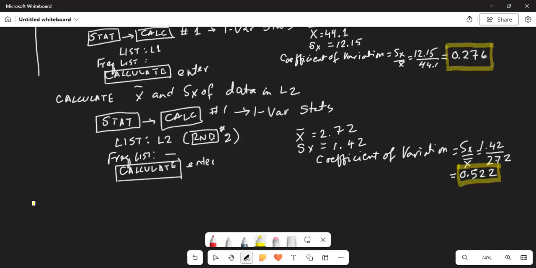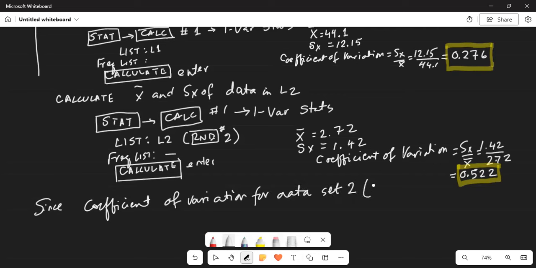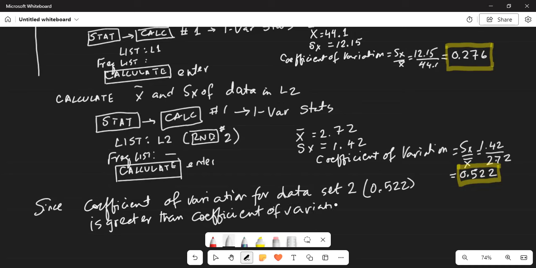And we write: since coefficient of variation for data set 2, 0.522, is greater than coefficient of variation for data set 1, which is 0.276,